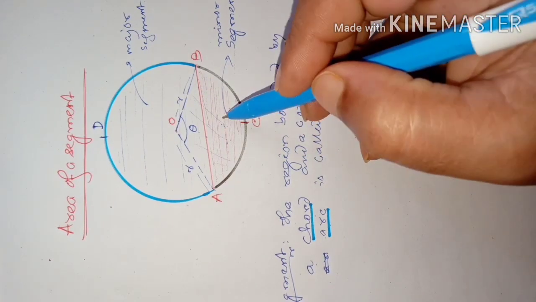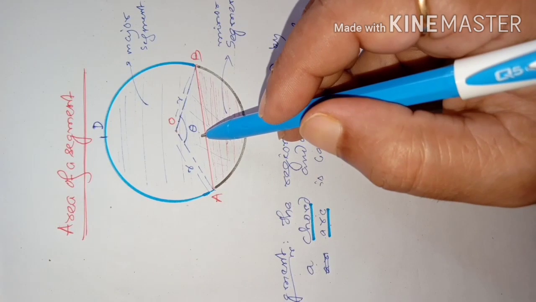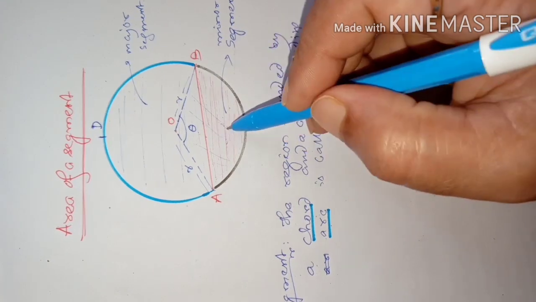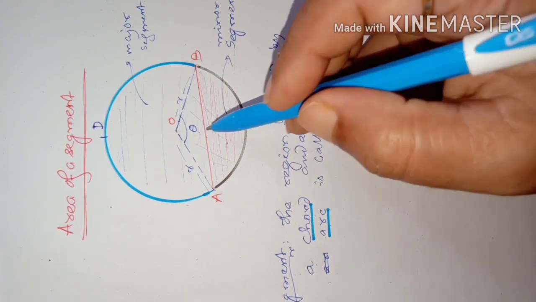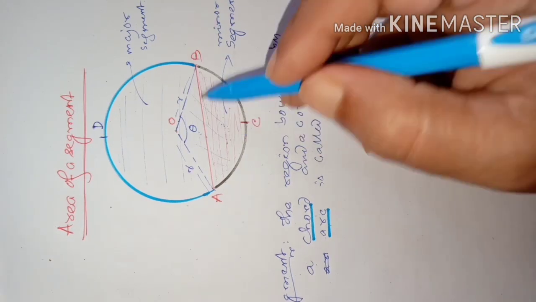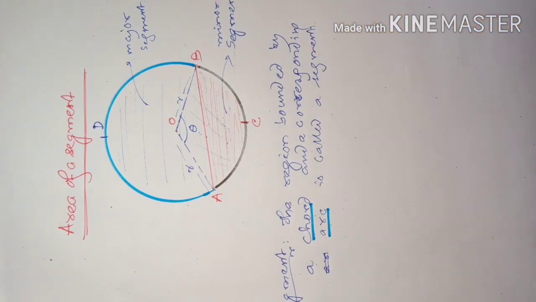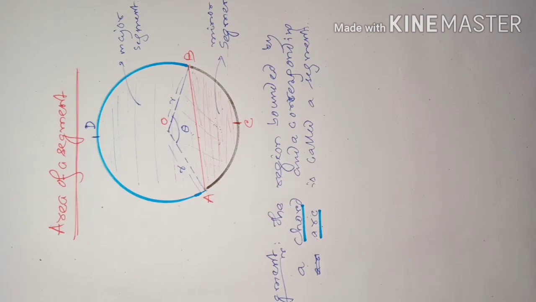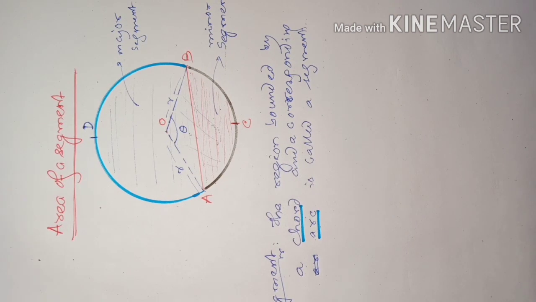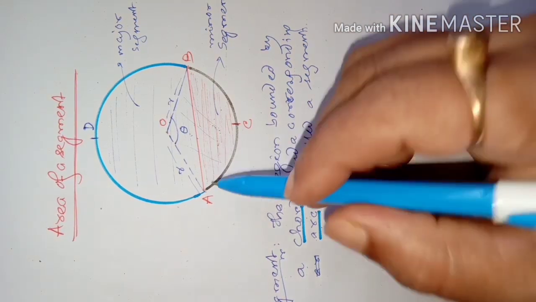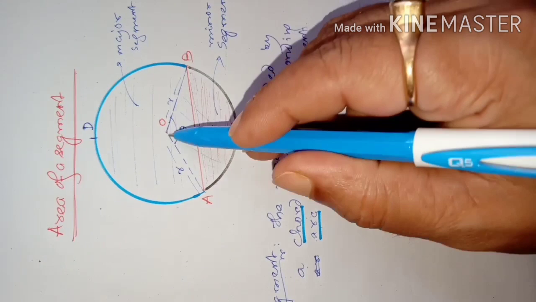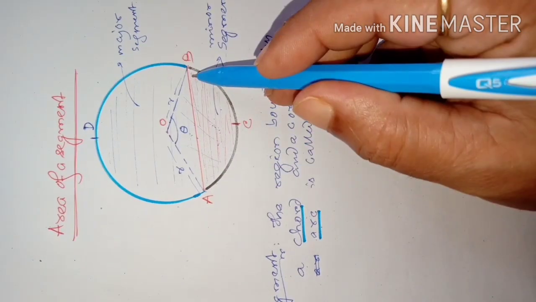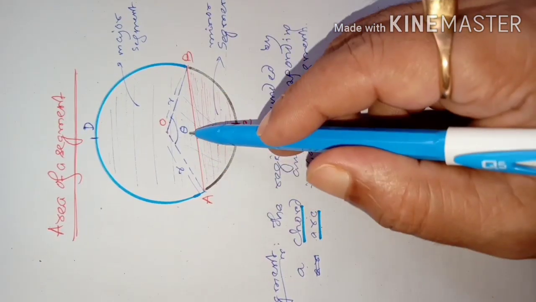And inside a sector there are two things: one is a triangle, one is a segment. So triangle and segment form a sector. Clear? So when we talk about the area of segment, it is also connected with the area of the corresponding sector. The area of sector, this whole thing, minus the area of triangle will give us the area